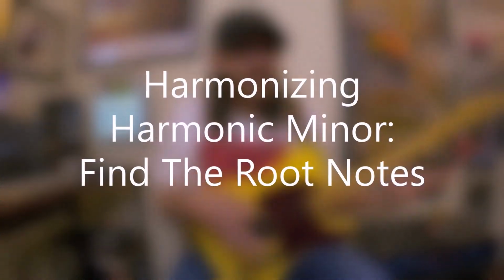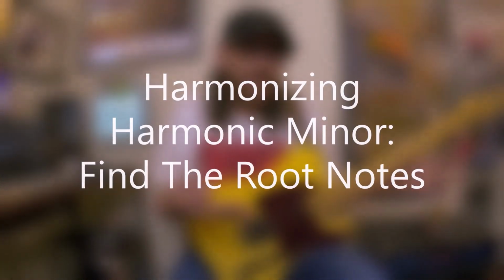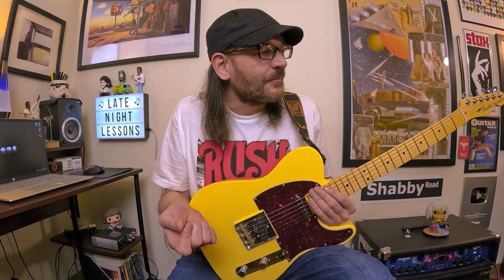Okay, now we're going to harmonize the scale and start uncovering chords that are derived or come from harmonic minor. And this is where we're going to start finding some of those strange tonalities. What we're going to do is borrow what I showed in the Mastering Harmonic Minor episode. We're going to play harmonic minor on the A string, and that's going to reveal where the root notes for all these chords are coming from, because we're going to line these chords up along the A string. So if we play A harmonic minor like this,